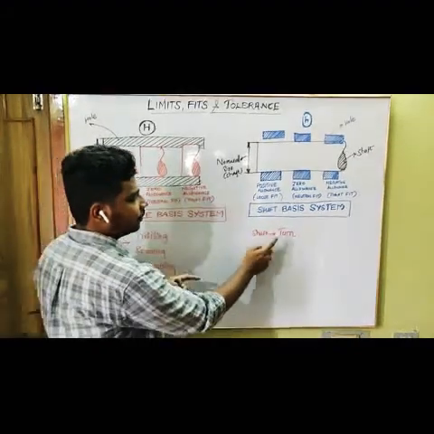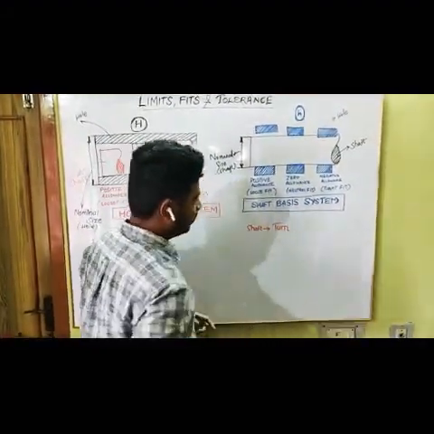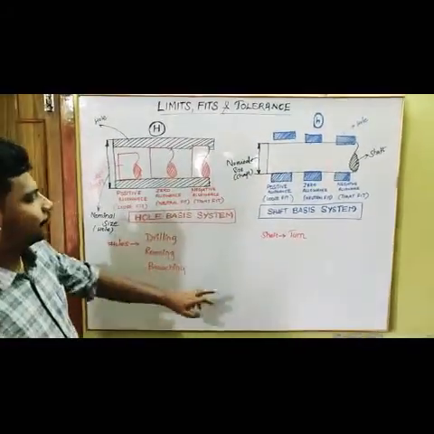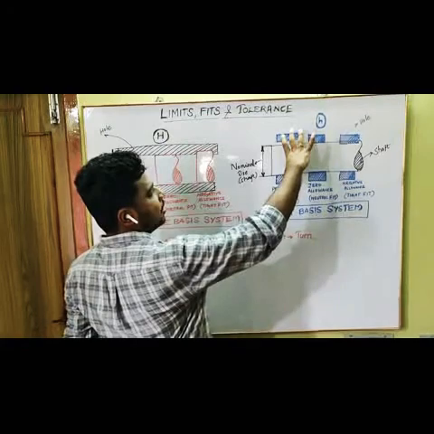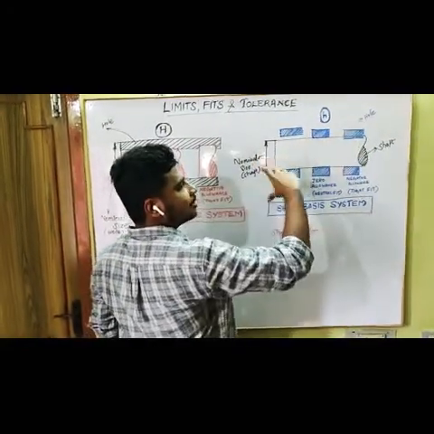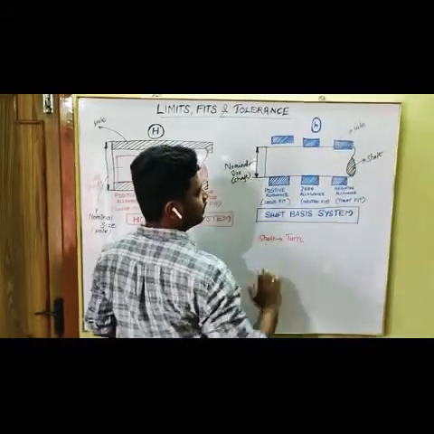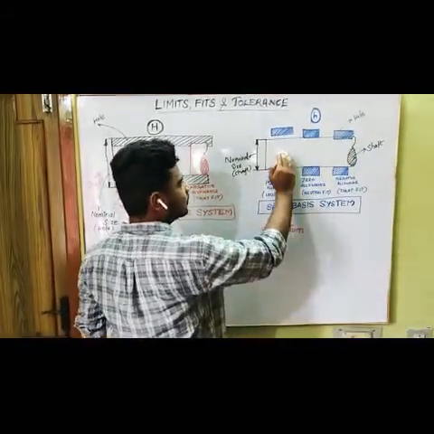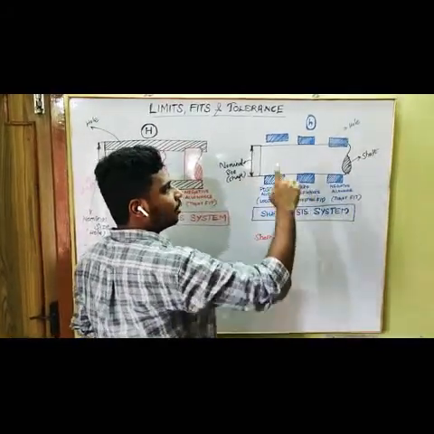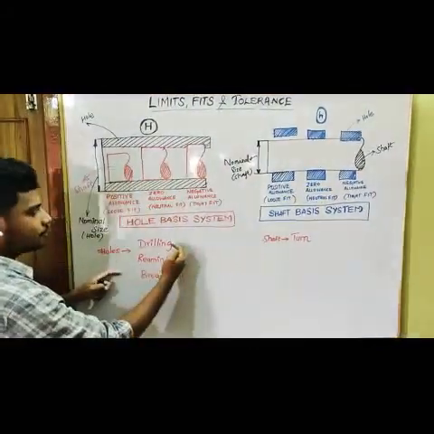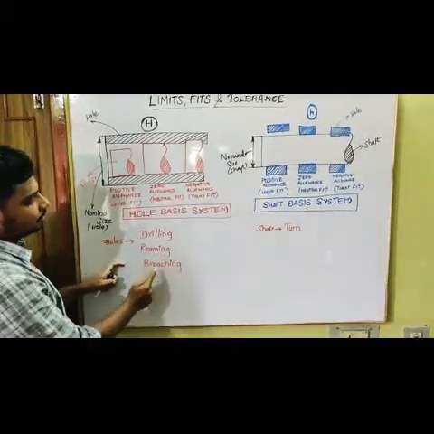For a shaft, we have only one manufacturing option, that is your turning, right? Now if you take the shaft basis system, what we are doing here is reducing or increasing the hole size, and not the shaft. Shaft diameter is kept constant. So if you choose this system, you have to change the diameter or the allowance of the holes, by using these 3 machining processes, that is your drilling, reaming and broaching.